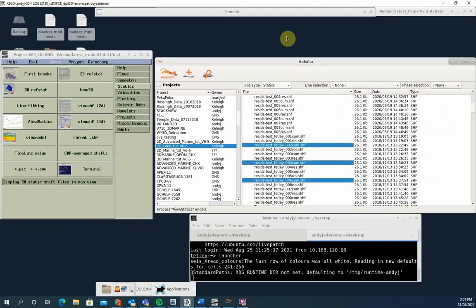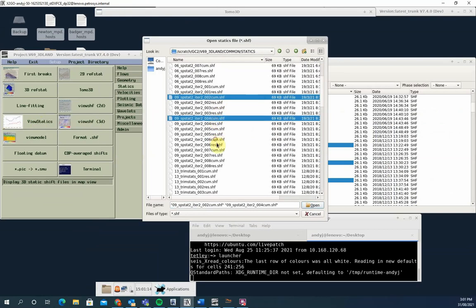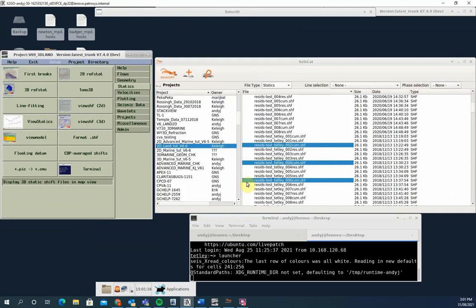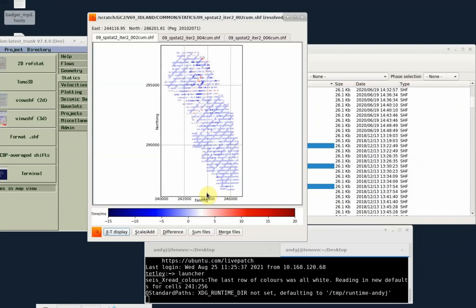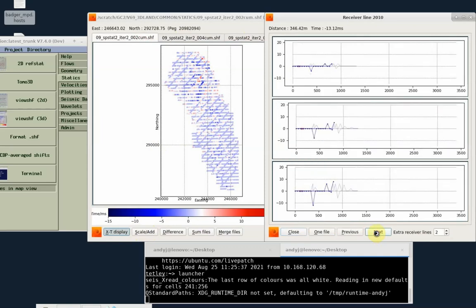I'll do the same from the ViewStatics on the launcher. And again, if I highlight in the selection pane the statics I want to look at, again we can toggle between the different models or shift files we're looking at. If we again click on the XT display, it brings up that panel, and in this case we also have a next and previous button to be able to tab through the receiver lines